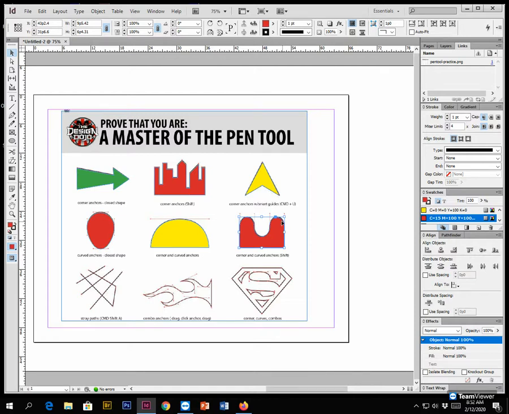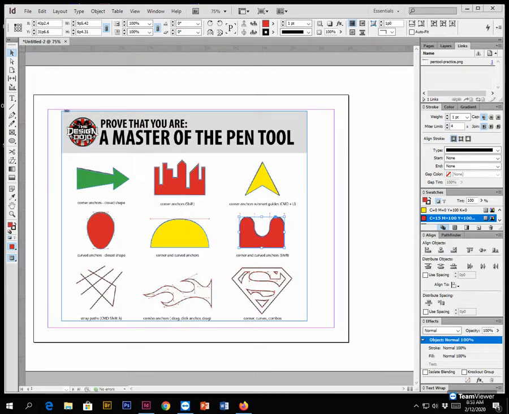Easy peasy. That's where we're going to stop it today for part 1 of this lesson. We'll come back tomorrow and we'll attack this flame shape. Things get a little more complicated